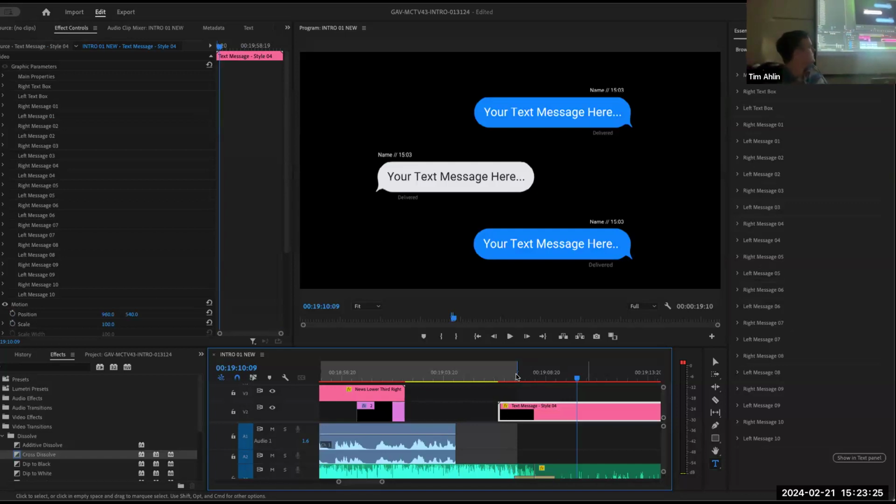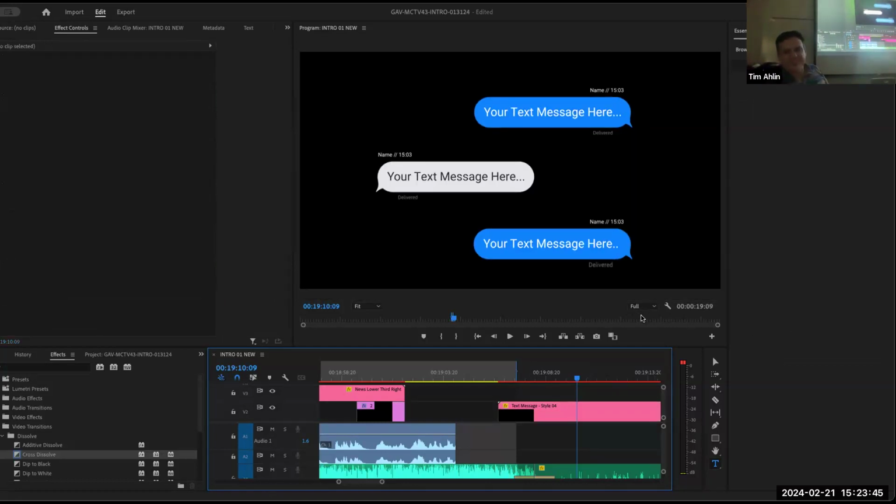Did I save? When's the last time I saved? Did you see me hit Command S? I didn't see it displayed. You know why it's messing up on me? It's because of this option right here. I changed my resolution to full, which means it's going to give us the highest resolution for everything.